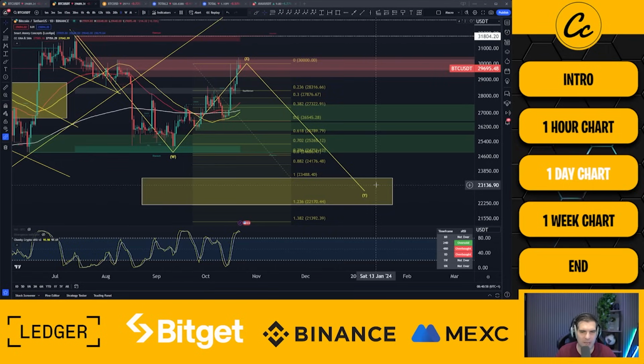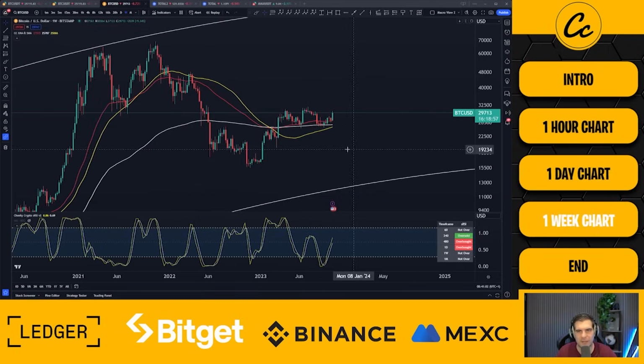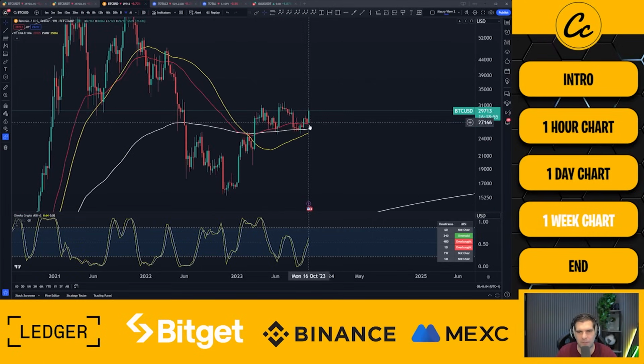So essentially, my expectation is a move to the downside on the daily and weekly timeframes. Taking it out into the weekly, you can see here that we have had a bit of a move upwards after closing above that 50 EMA. That's the red line. We can see a golden cross on the horizon here, but I'm not too convinced about this one. And the reason I'm not convinced about this golden cross, which is the yellow line crossing the white line, the 50 SMA crossing the 200 EMA on the weekly timeframe, is that our momentum isn't really going to be supportive of that move.